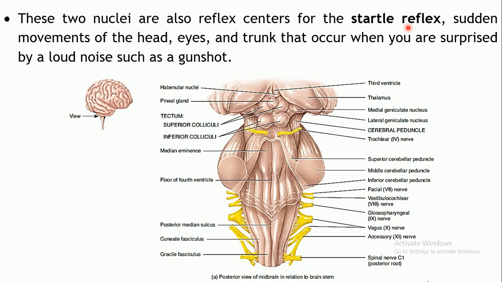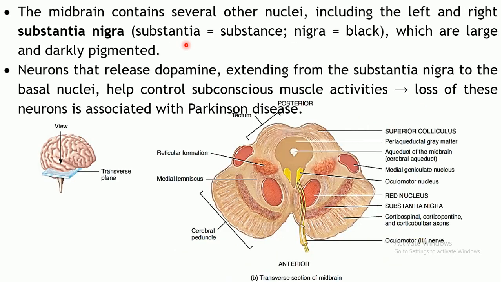What is the startle reflex now? Suppose you are sitting quiet in a particular area. Okay, it's nice and quiet. Now suddenly if you hear a loud noise, say of a cracker or a gunshot, what will happen? You will startle, right? Suddenly if you hear something. As you startle, your head will shake a little bit. Your eyes will close immediately. So you will make a specific movement. That is taken care of by these two nuclei.